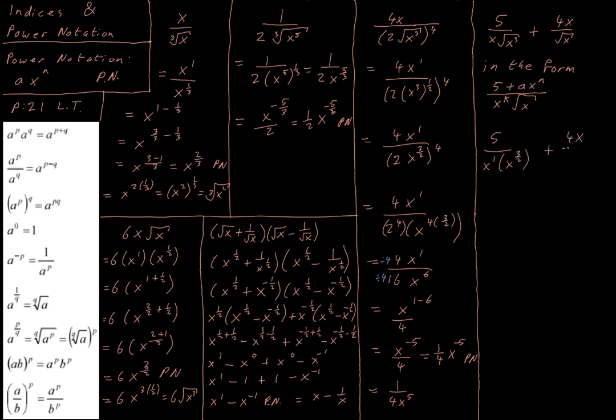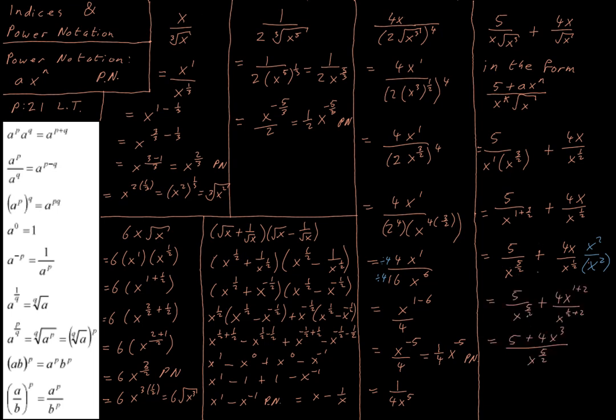plus 4x to the power of 1/2. Not too worried about what's on the top line unless I can see an easy simplification. When I tidy up, I say, well, what do I need to multiply by here? Well, this is essentially a 2.5. 5 over 2 is 2.5, and this is a half. So if I multiplied this one by x squared above and below, then I'd get the same denominator. That lets me write that as a single fraction, and I see I want to end up with a single root x here, so I need to break this up. And